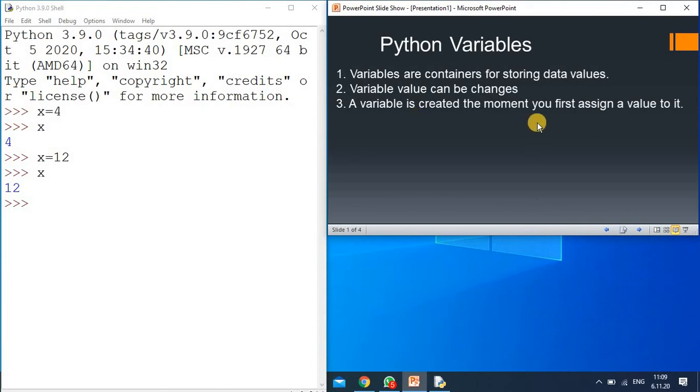The next point is that a variable is created the moment you first assign a value to it. Suppose we have written x equals 4, so the variable is created at the time of initialization, but this is not true in all programming languages. For example, as a beginner you have also learned Scratch programming, where first we were creating the variable and then assigning the value.